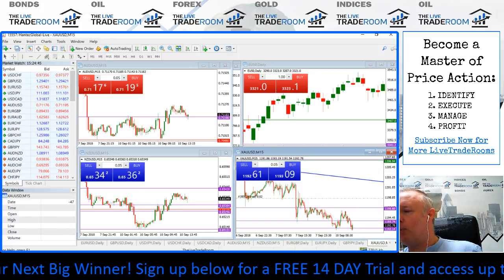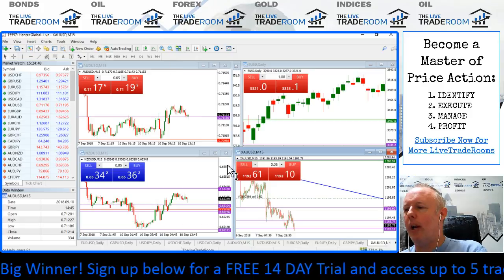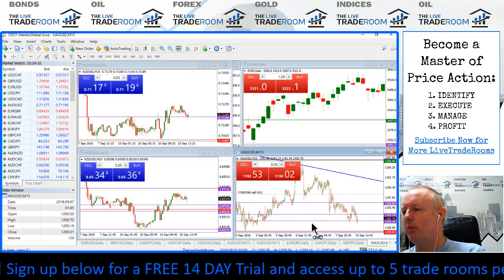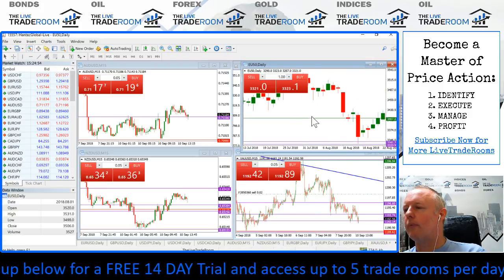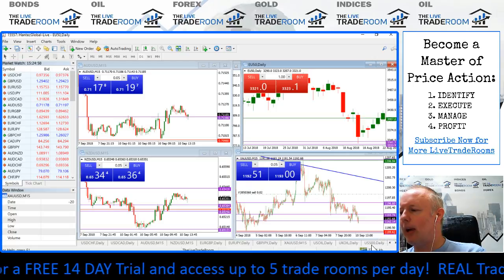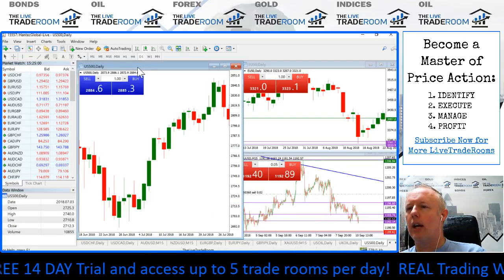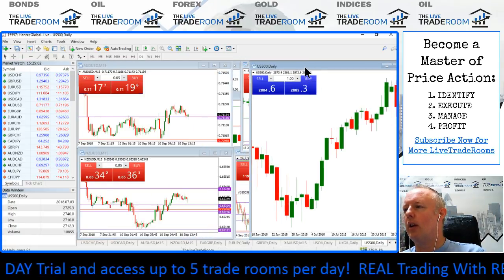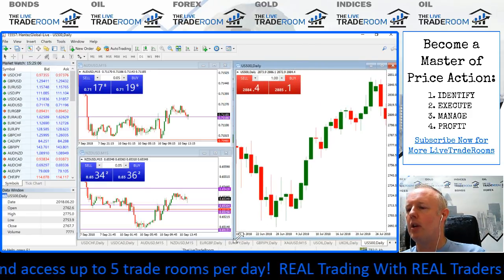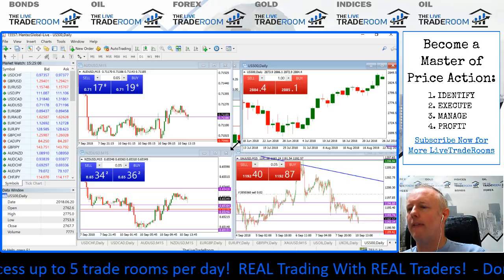So we want this to extend a little bit lower. I'm going to show you the weekly low just so that we've got a visual to work with. And the final market we're going to have a look at, and just see how this market behaves coming in to the open of the New York Stock Exchange, and that would be the S&P 500.